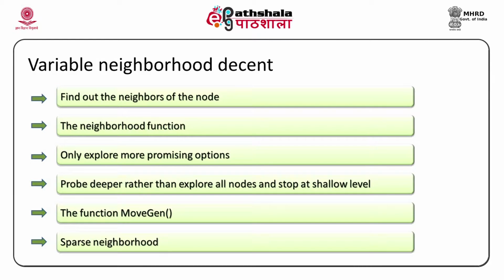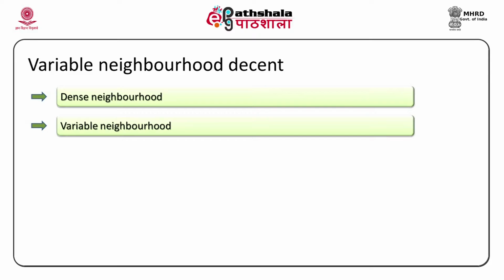It is very similar to a human chess player. If you are playing chess, you will not look at all possible moves, you only look at some which are good, which are better compared to others. Usually when you write a game playing program, that function is known as a move generator. I have already talked about sparse neighborhood and dense neighborhood, and there is something called variable neighborhood. It is a little surprising what variable neighborhood could be, but it is simple. In the initial chess movement, for example, you will not look at all moves.